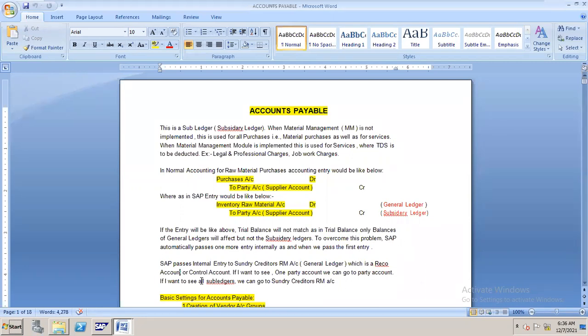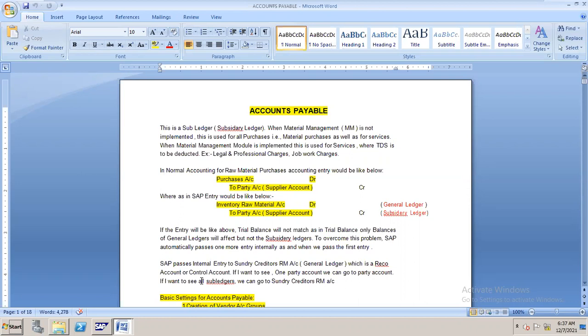At regular intervals, the end user can run this APP program, once in 10 days, once in 15 days, depending on the client requirement. Once he runs this APP, the system automatically verifies the due dates of invoices, and the invoices that are due on the date we are running the APP, the system automatically makes the payment and automatically clears the vendor. Clearing the vendor means it automatically comes under cleared items. It automatically creates the checks and updates the check register. So everything is done by the system automatically.